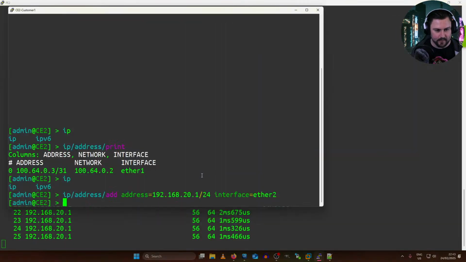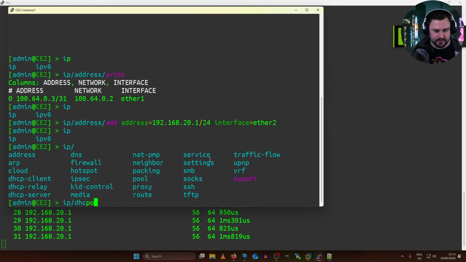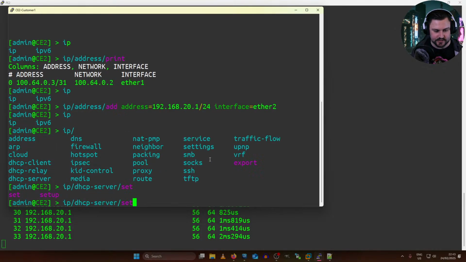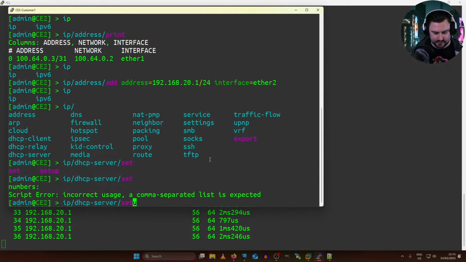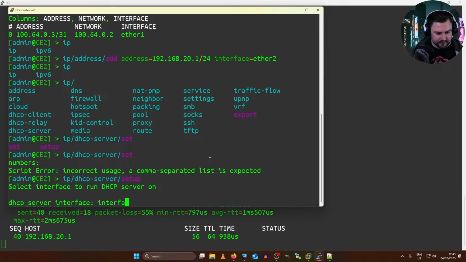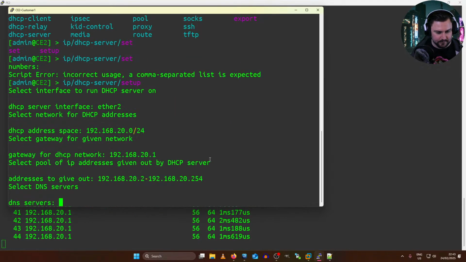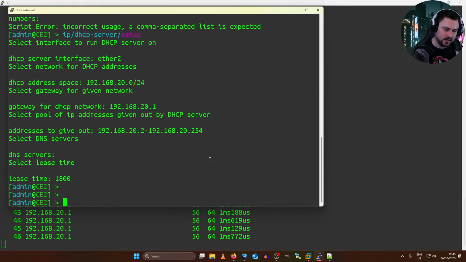Yep. And then we can just quickly add that DHCP server as well. So IP, DHCP-server setup. Just a clean little DHCP wizard. Enter, Ether 2. Yep.